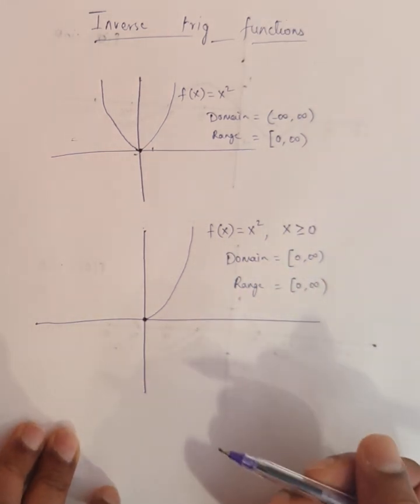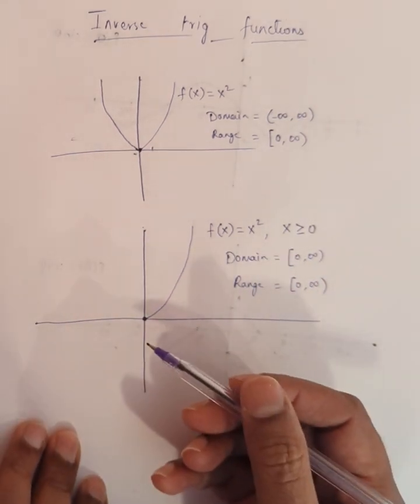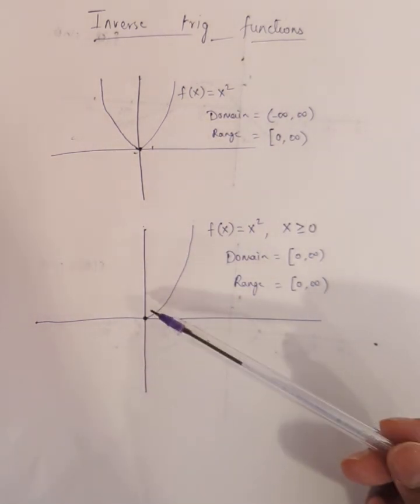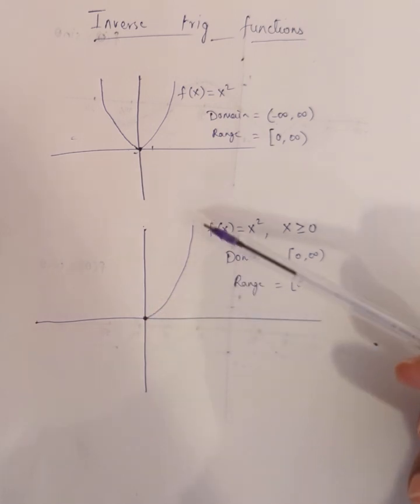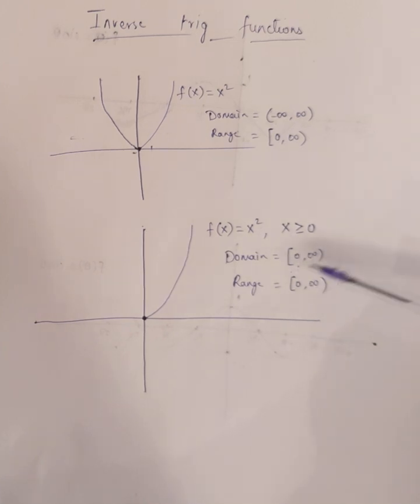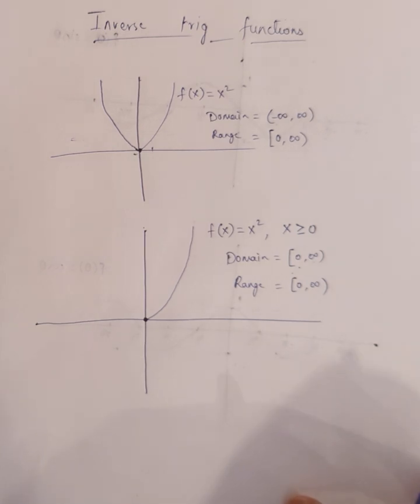Now this function has an inverse, and that's what we call the square root function. Square root function is the inverse of this square function with restricted domain, where we restricted the domain to be just the non-negative numbers. So when you look at the graph of trig functions we have before,